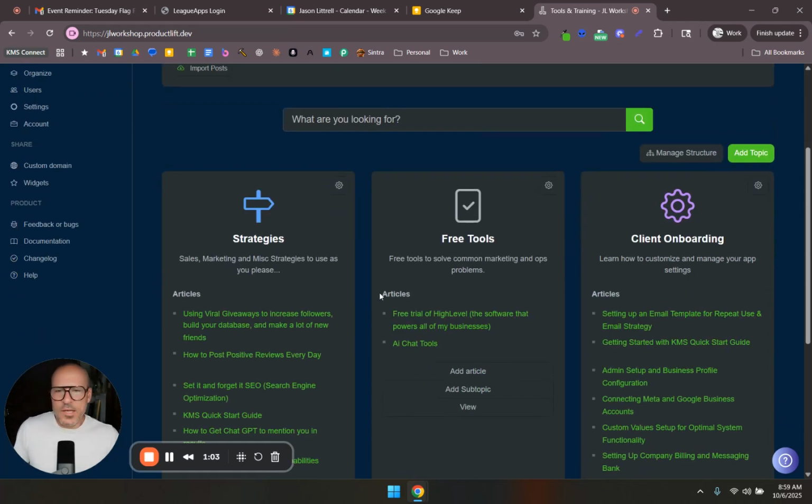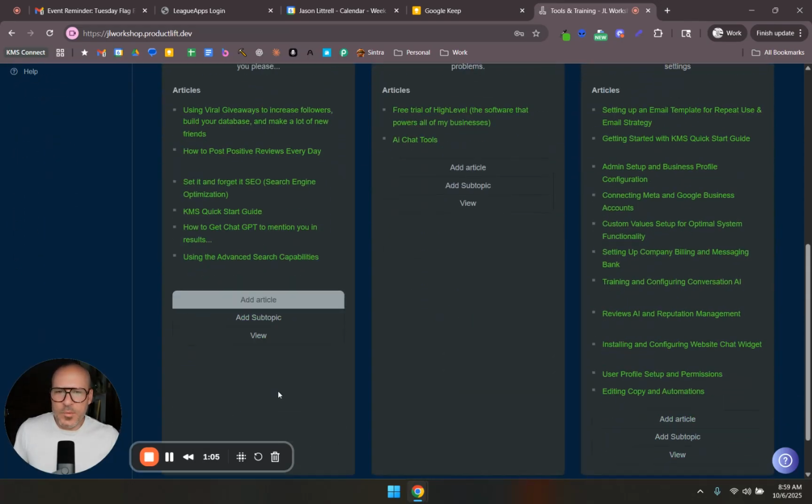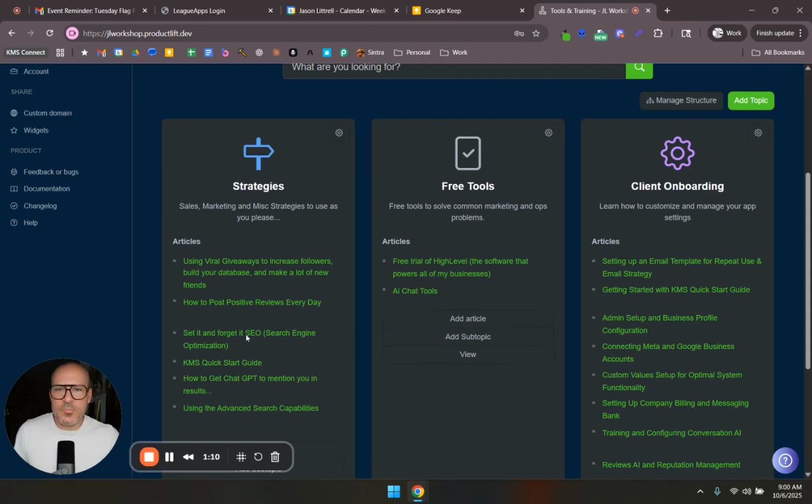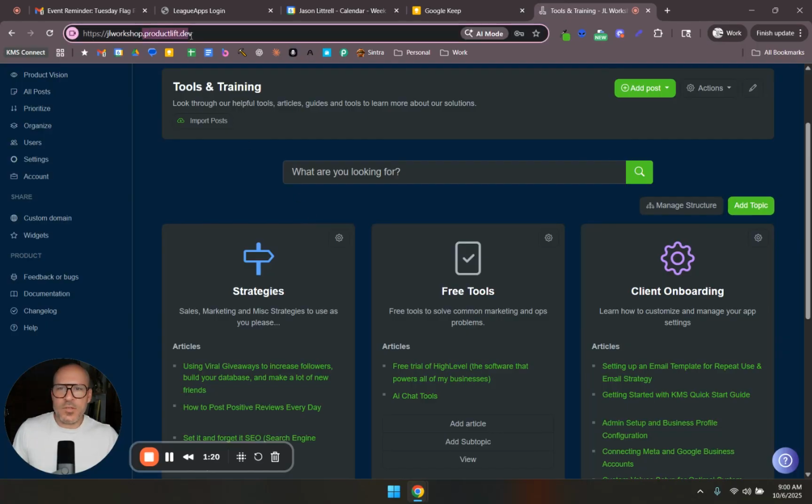And so one of the sections is a strategy section. So what I'm going to do is say one of the strategies that we're going to do is, every time I put in a strategy here, it's basically like a tiny little blog post, and I want to make sure that that strategy is being put out on social media. And so I'm going to use RSS to do that. Now, this software called Product Lift